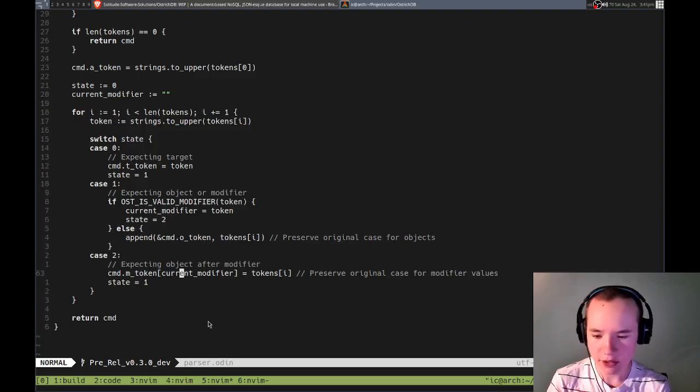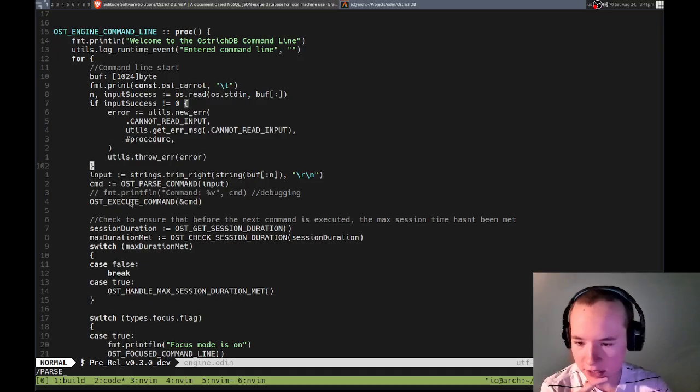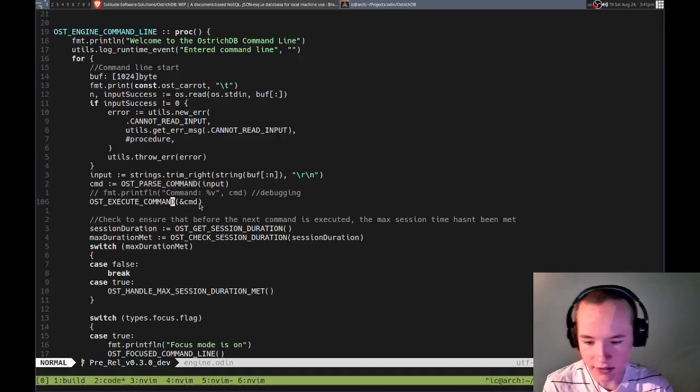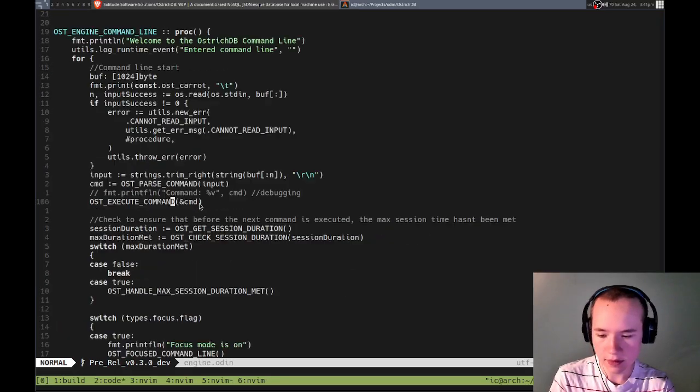Okay, so let's go back to. Whoops. Did not mean to do that. I pressed the wrong key. Okay, so we do that parse command, and then we execute the command. So that execute command